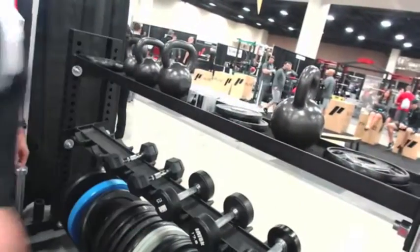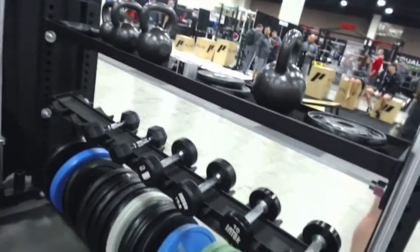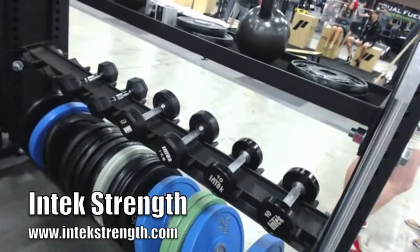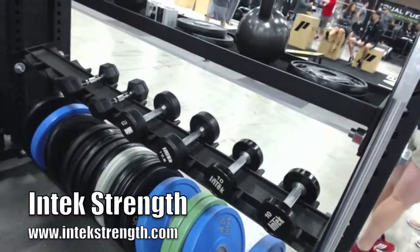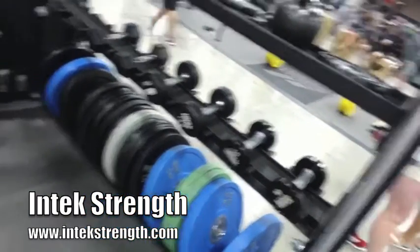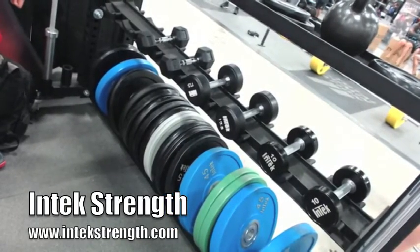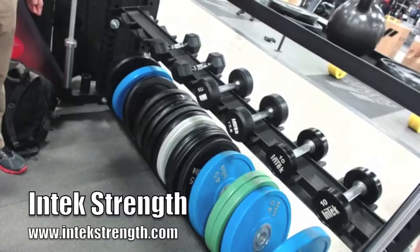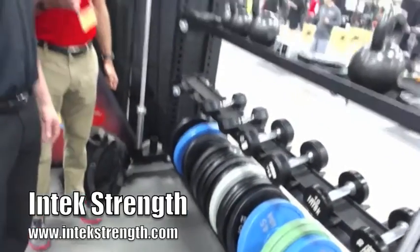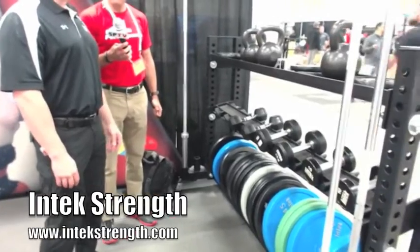A variety of different dumbbells. Everybody's at different price points and different needs. We do a tremendous amount of business with hotels, and rubber hexagon's a great fit for that. But then you move into higher quality construction, higher price points, but also better durability on the dumbbells, and on the bottom, bumper plates. That's been our best product for a number of years now, and I think it has